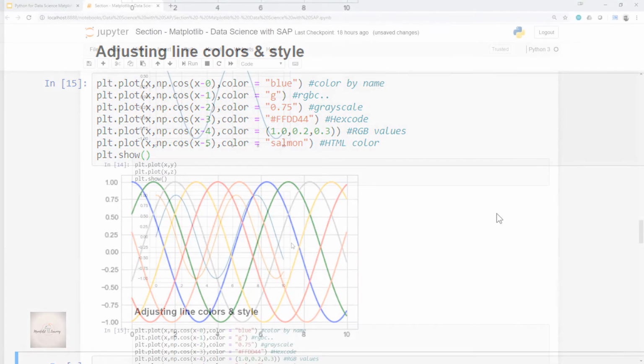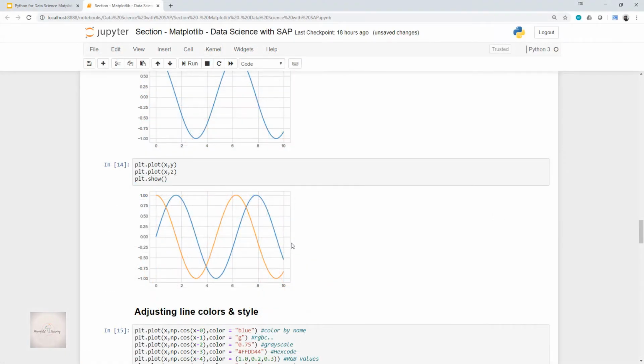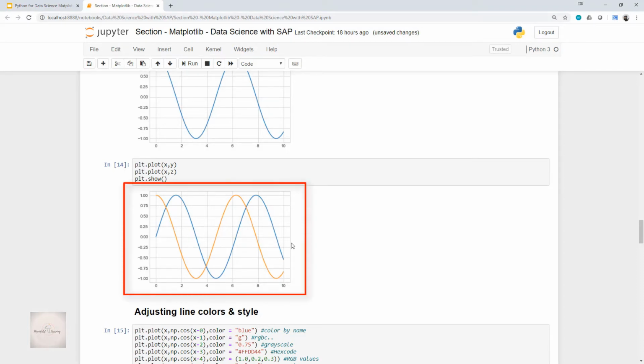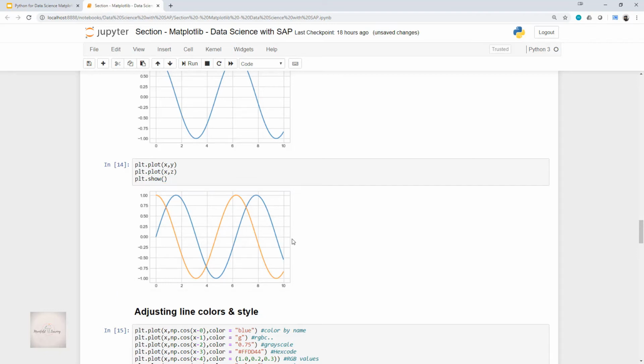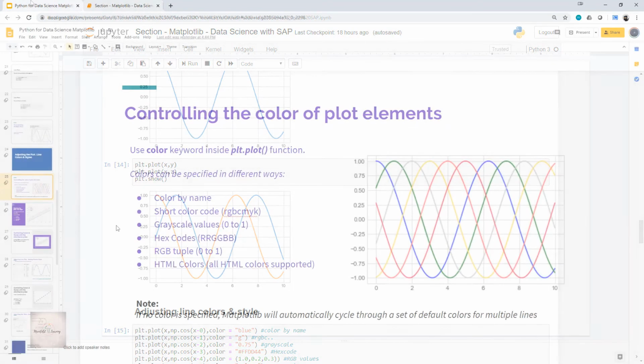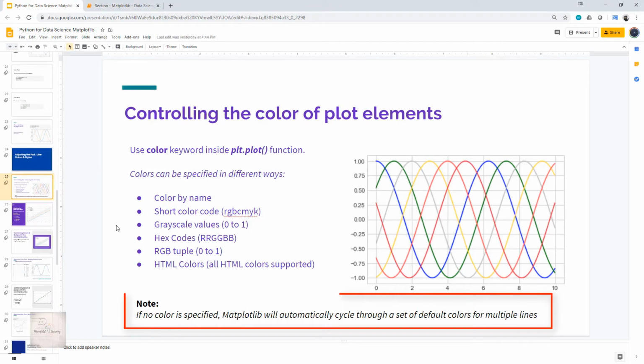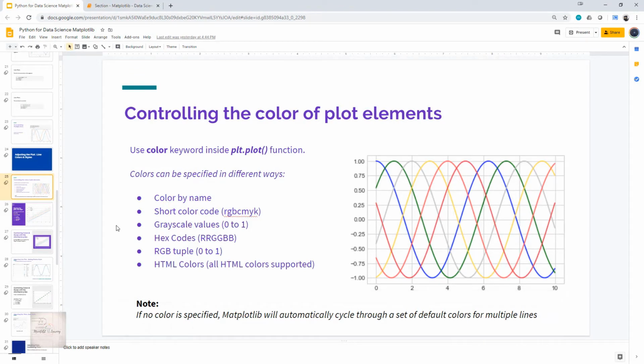Now, if you observe our previous plot, the sine wave and cosine wave in a single figure, we had not specified any color, but still it chose two different colors, red and blue. Why? Because when you don't specify any color, Matplotlib automatically cycles through a set of default colors for multiple lines. So this was all about controlling the colors of plot elements.